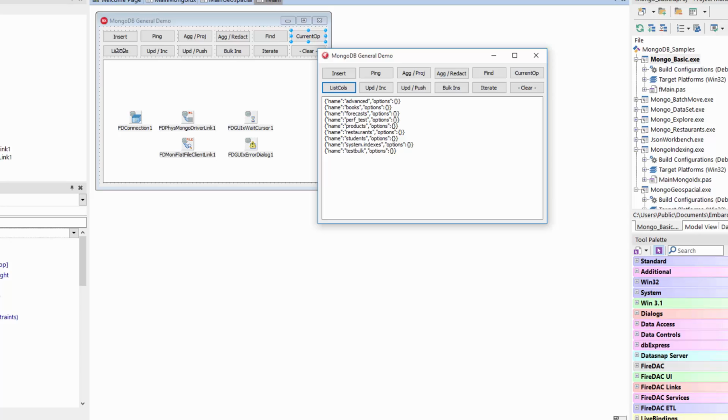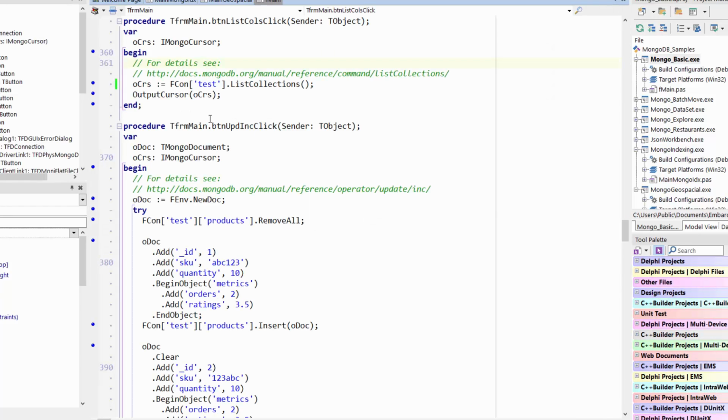And I'll go show you the code here on this. Right here we can say, just go to the database, FConnection to the database, .ListCollections, and this gives you back a cursor that has all those collections in there, so that you can then take that cursor, attach it to the data set, bind it to a grid, output it to a memo, however you want to do with that as a document. You can also use the iterators on it. The other thing here I'll show you is